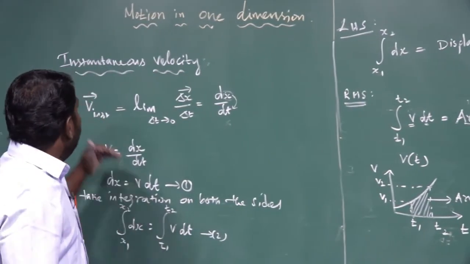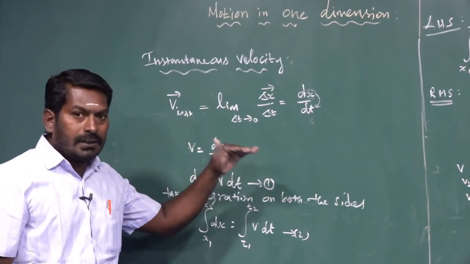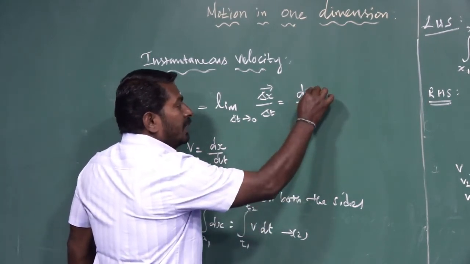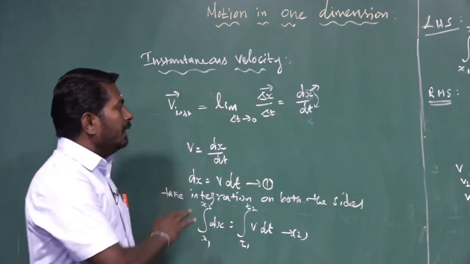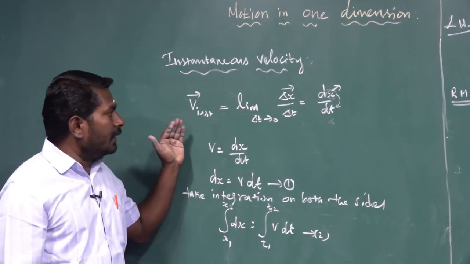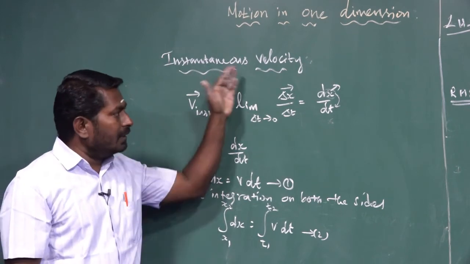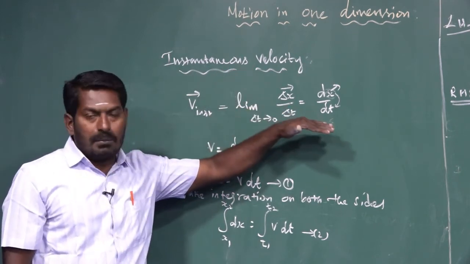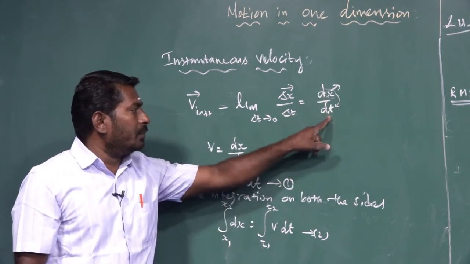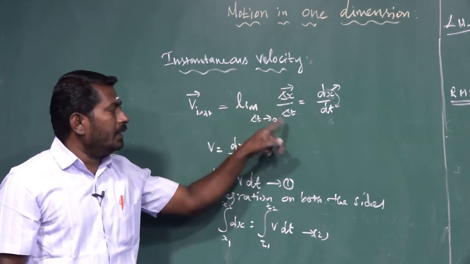So the main thing in instantaneous velocity: the velocity of your body along only one direction, at that instant during its motion, is also called the rate of change of displacement, simply called instantaneous velocity. But the average velocity is something different. Change in displacement divided by change in time interval is called average velocity, but instantaneous velocity is the velocity of your body at that instant of time. It can be calculated with the help of the expression dx divided by dt, which is equal to limit Δt tends to 0 of Δx divided by Δt.